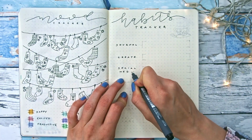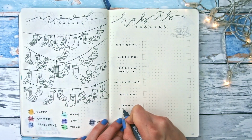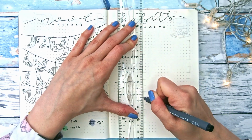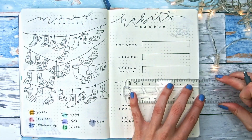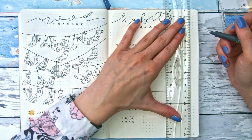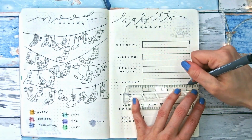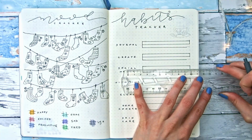And so on the right hand side I have my habits tracker, and for this month I'm tracking habits such as journal, creativity, social media, vitamins, cleaning, and skincare. Oh, and home cooked. I'm trying to cook more at home instead of eating out. And with my creativity habit, because of course a lot of my work in my Etsy shop with my journals and such is creative,